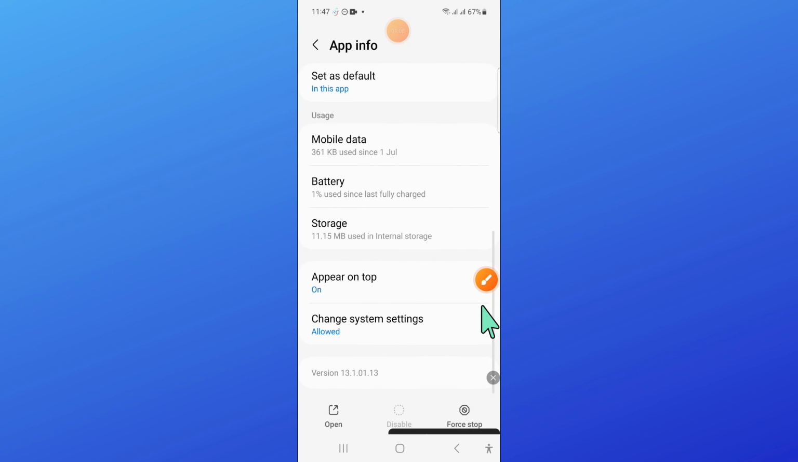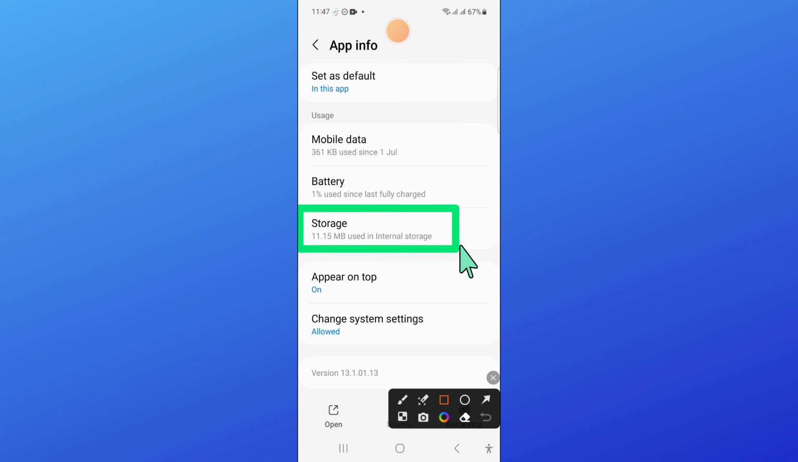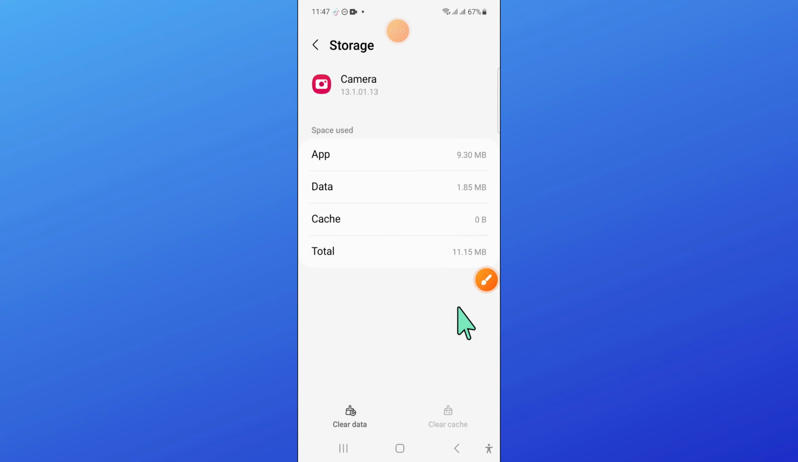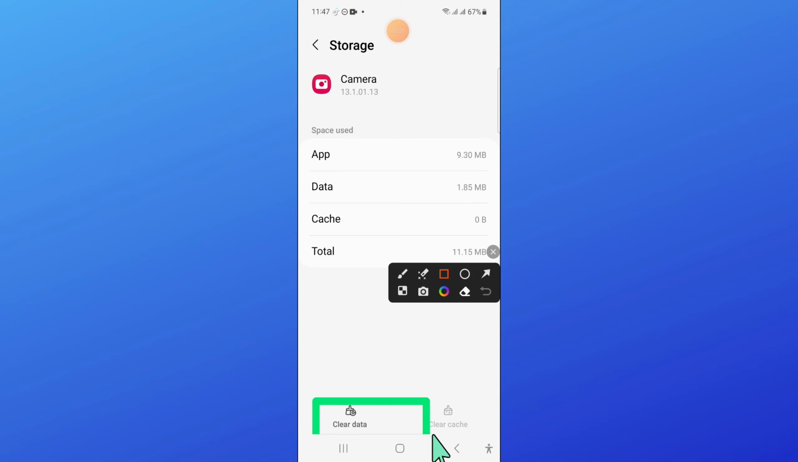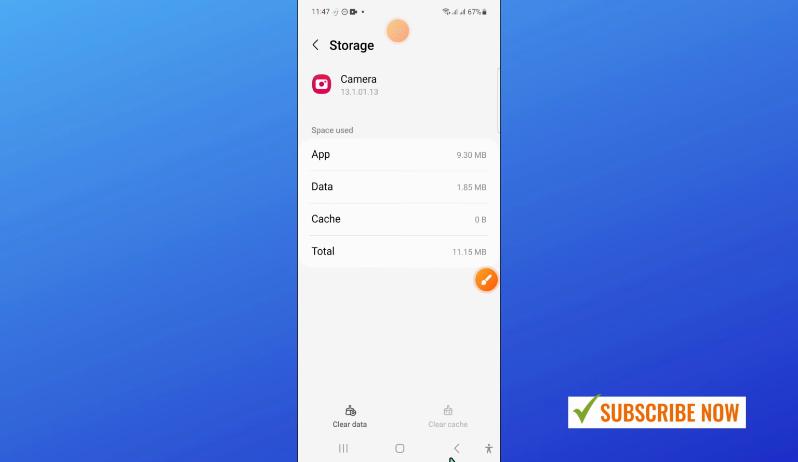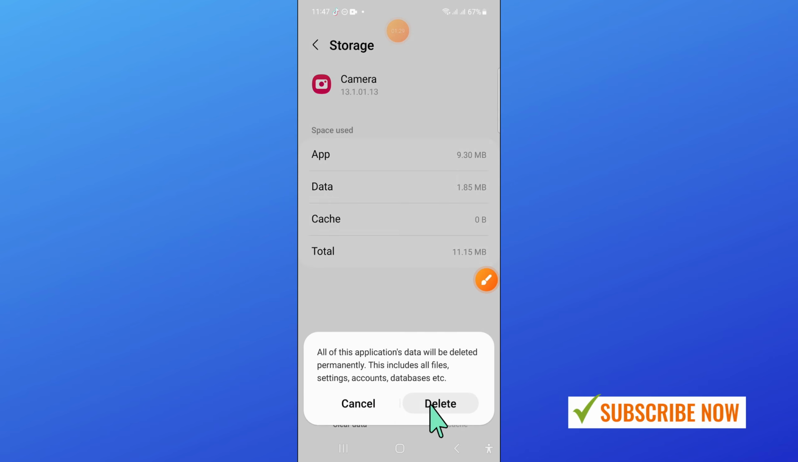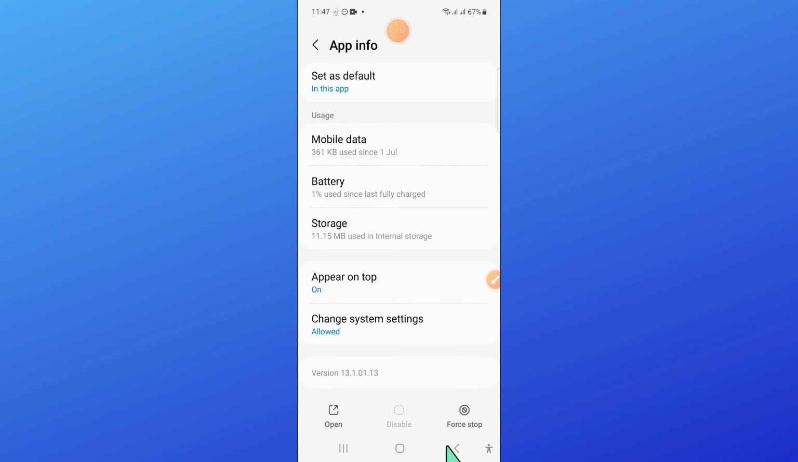And after that, scroll down and open storage. And now in storage, clear the app data and cache memory of the camera app. Now click on delete and after that go back